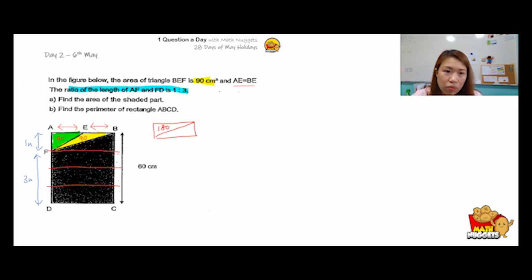Okay, so can you see that I have one rectangle here? Okay, I'm going to find out what is the area of that rectangle on top. Okay, so one rectangle would be 90 times 4, which is 360. So then the whole figure, which is 4 rectangles, which is 360 times 4,